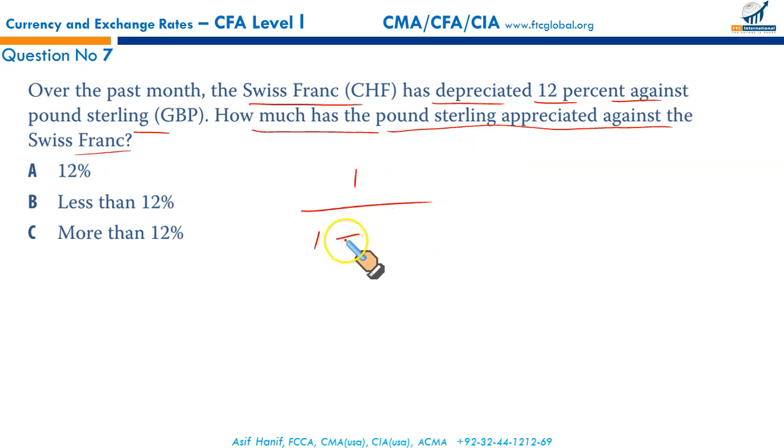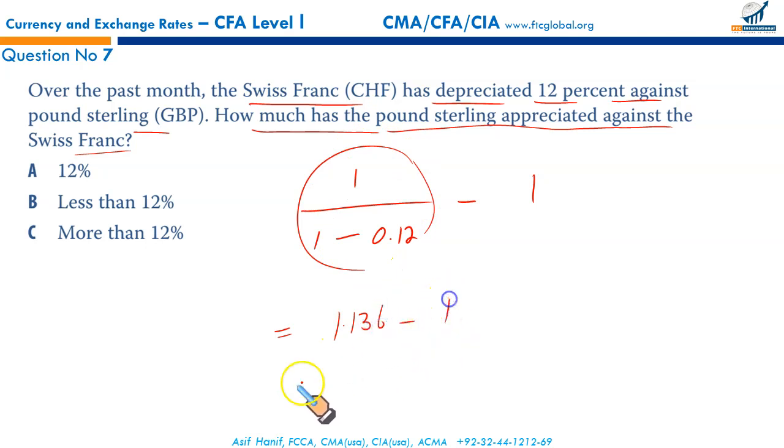Had there been appreciation, you would have added 12%. So it's going to be 1 over 1 minus 12%, that is 0.12. And then whatever the result you get, deduct it from 1, and you will get it straightforward. When you simplify this part, it will give you 1.136 less 1, that is